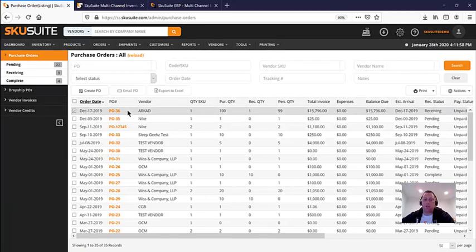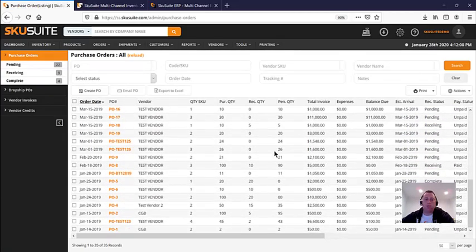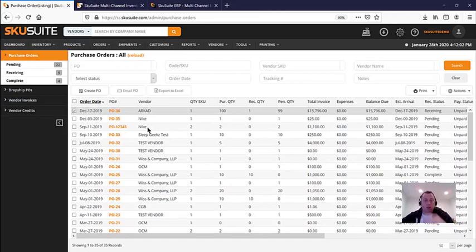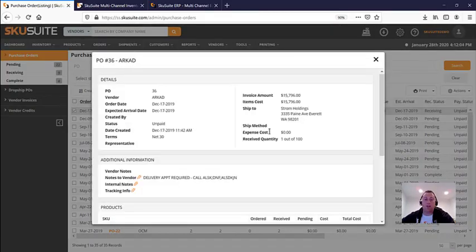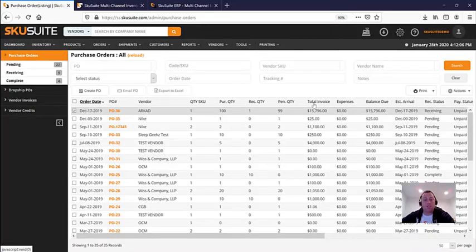So for example, here's a list of different purchase orders. Obviously it's a test account, but you can see what we do here on the PO level. This is really important for tracking expenses on a PO. So if the cost of an item is $100, but your expenses are $1,000, that needs to be factored into COGS, average weighted landed costs. So we take that formula and calculate everything needed to give you really accurate costs for when items are sold and